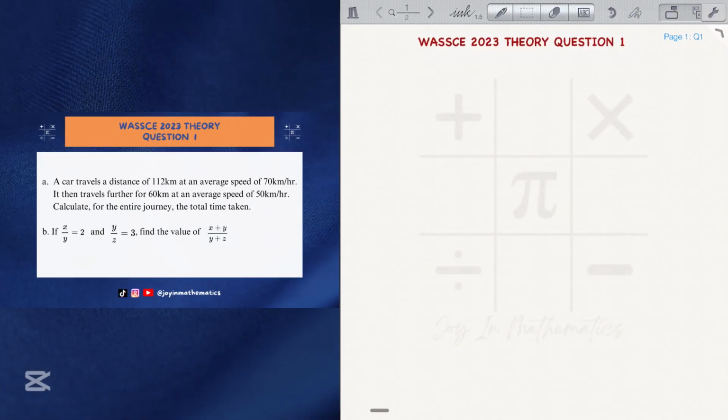Now, let's proceed on to the theory section of WASSCE 2023. And let's begin with question 1. Question 1 has two parts, A and B. Let's begin with A. A says a car travels a distance